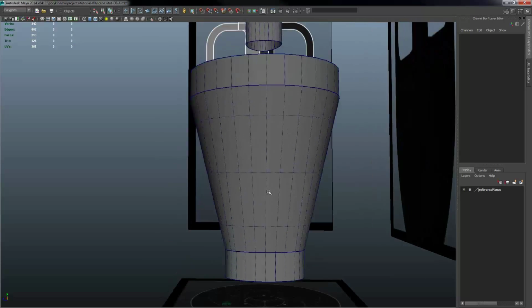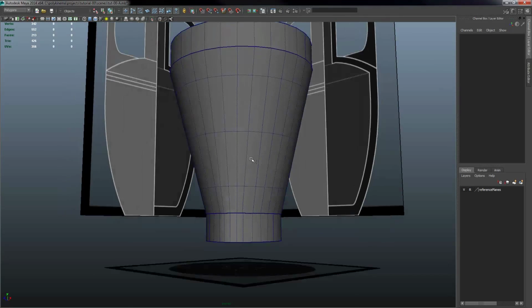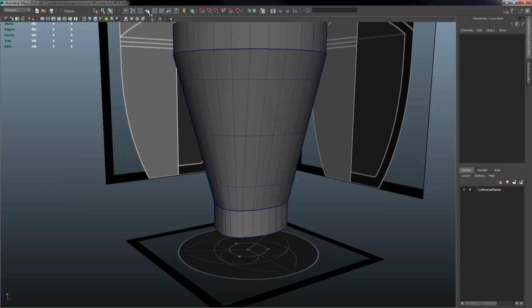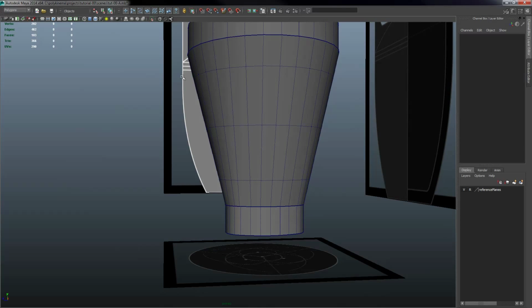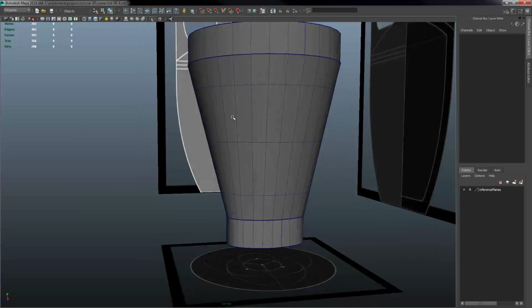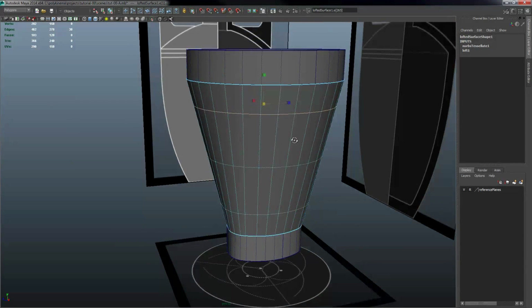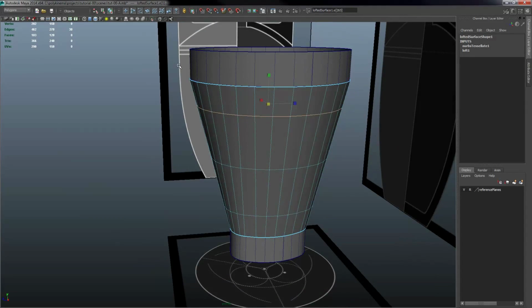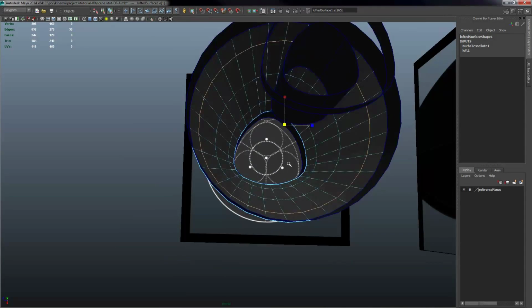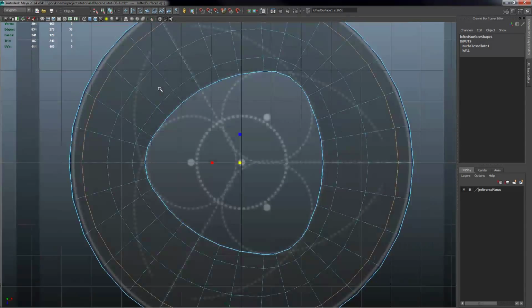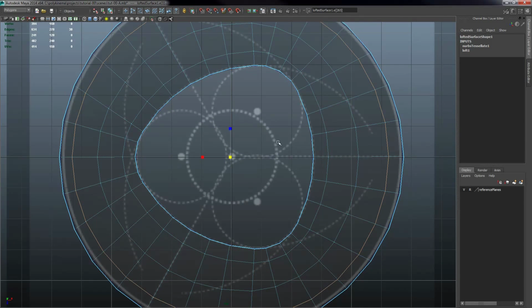Okay, for this shape, we want it to have a bit more of a curve rather than a linear taper to it. So I'm going to scale these edge loops out to match that shape a bit better. Now, the center of the